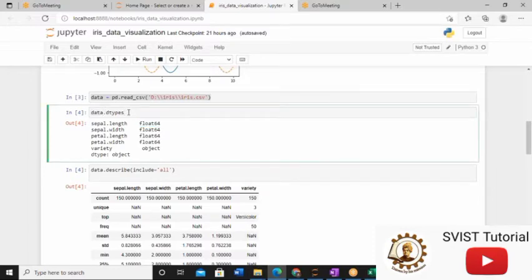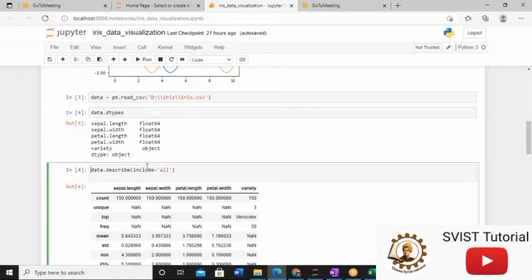So this is the concept of dtypes in Python. But we have another function which is written over here. It is very important and one of the most significant functions that we have to use to analyze and understand our data set. Please make a note over here. What I have written over here is data.describe. Definitely the function name is describe. And here I have written something like include equal to all. Now we have to understand this function.